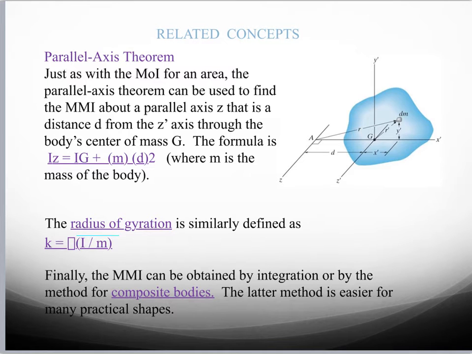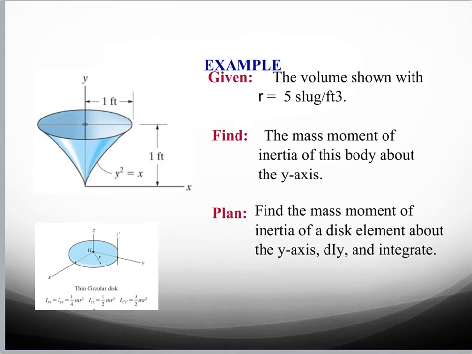And we can also do mass moment of inertia for composite bodies, and we're going to look at some examples towards the end of these slides. So the first example that I wanted to look at for finding the moment of inertia is actually doing it through integration. And this one is a little bit different because we're going to imagine that this object is